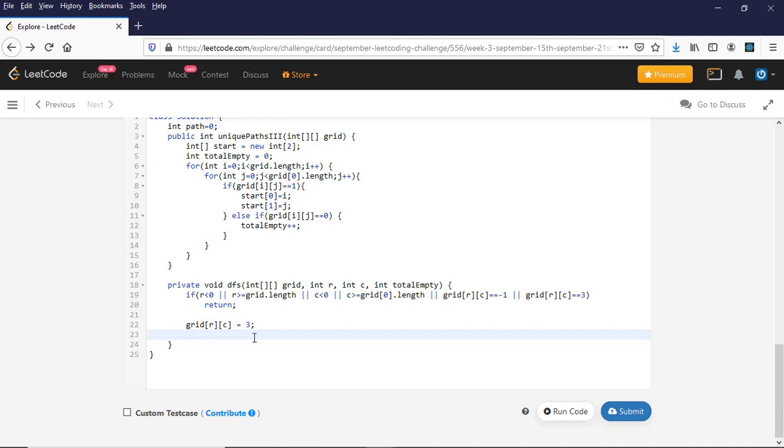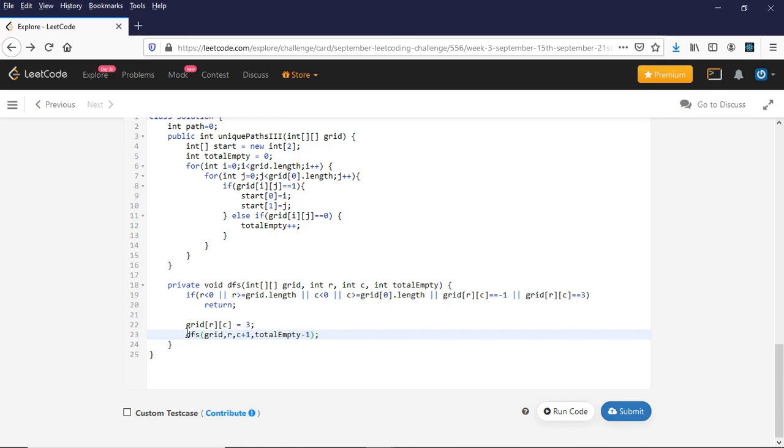So once I have marked this as visited, I can go in all 4 directions, right? So I'll do a recursive call to DFS. So let's say I'm going in the right direction, right? So column will be +1, and since I have already visited this particular cell, the total empty will now be -1, right? Because this current cell has already been visited, from the total empty variable we have to remove 1, so it will be -1.